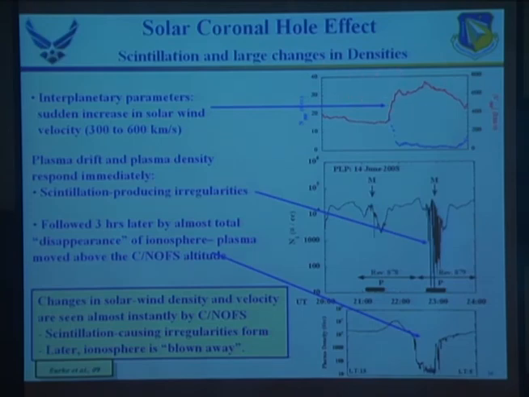So this is work done mostly by Bill Burke and Louis Gentile at our place. And we have here the value on top. This is several days, this is several hours. UT is from 20 to 24. The red line here is the value of the density of the solar wind. So now we are looking at the effect of the solar wind, and does this solar activity have any effect down in the equator? So you have the solar wind here, and the velocity of the solar wind, the density